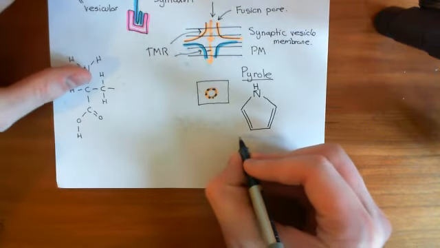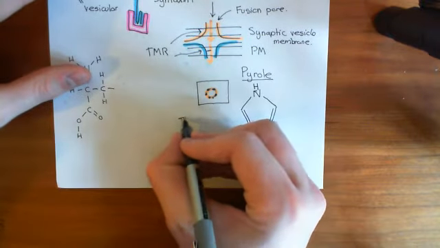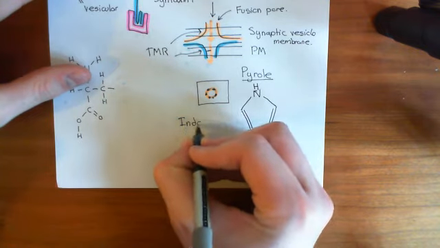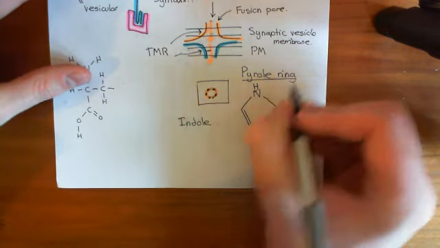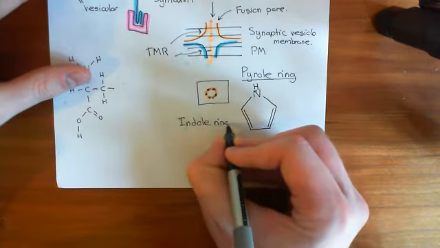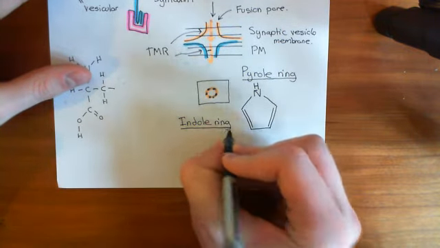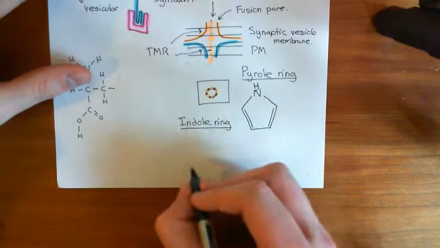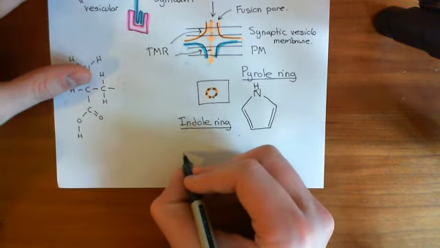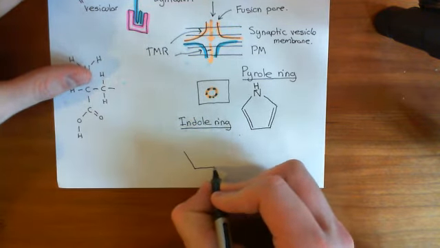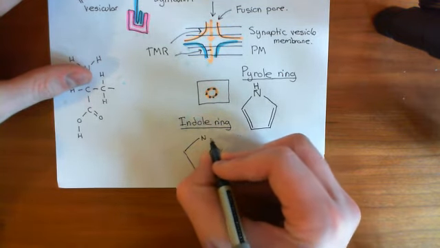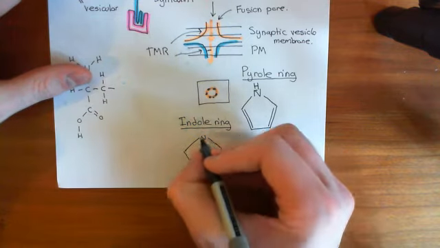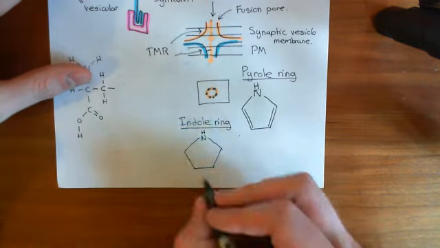Okay, so now, slightly more complicated, the Indole Ring. So this is the Pyrrole Ring. It's an aromatic ring, and this is the Indole Ring next. Now, the Indole Ring is made from the Pyrrole Ring. So you take a Pyrrole Ring, so let's copy out our Pyrrole Ring here. So here's our 5-membered Pyrrole Ring. Again, I haven't left enough space to put the hydrogen properly on, so I'll just write it above